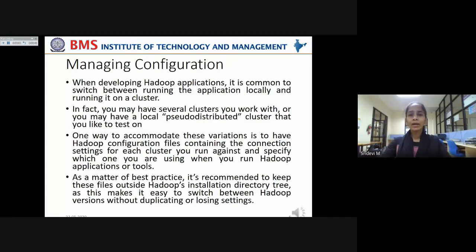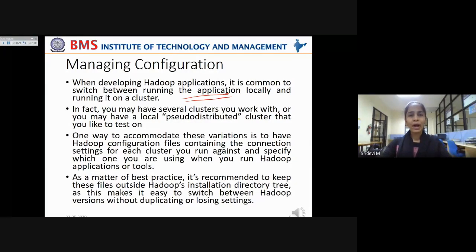Now when developing Hadoop applications, it is common to switch between running the applications locally and running them on a cluster. This task is very important in order to make your MapReduce programs error-free. You have to first test it locally in a pseudo-distributed mode.